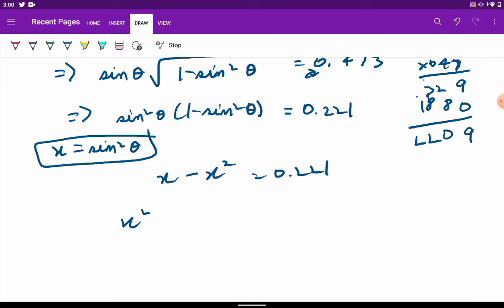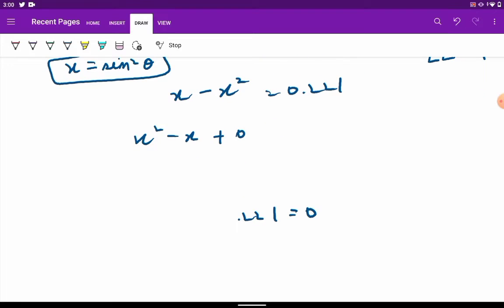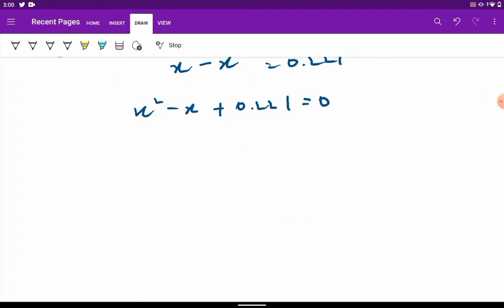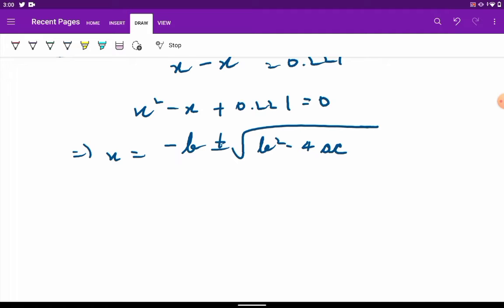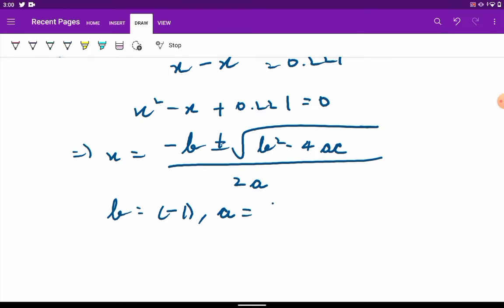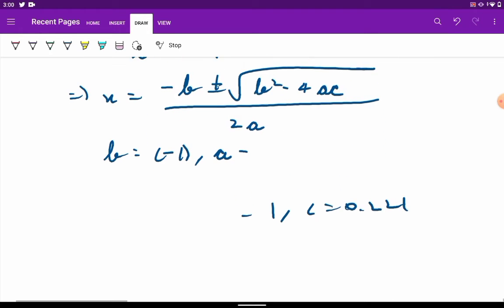So this becomes x square minus x plus 0.221 is equal to 0. We're solving just a quadratic equation, so this means x is equal to minus b plus minus root over b square minus 4ac by 2a. Here b is equal to minus 1, a is equal to 1, c is equal to 0.221, right? So minus b,